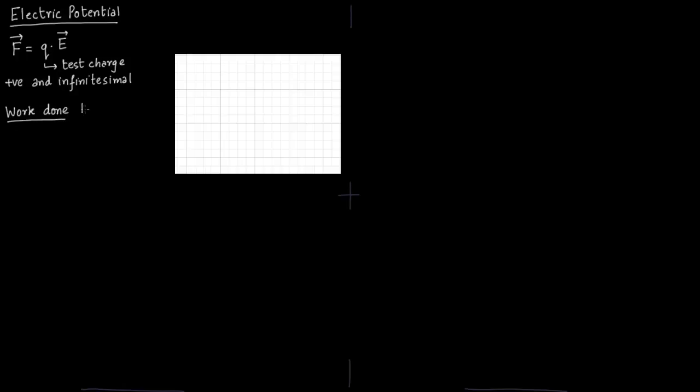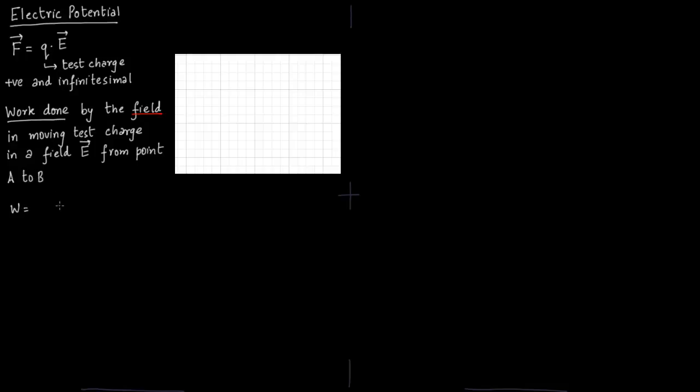So work done by the field. We are talking about work done by the electric field in moving this test charge Q in the field E from point A to B. So there is a field and there are 2 points given in the field, A to B. So work done by the field in moving a test charge from point A to B is given as,